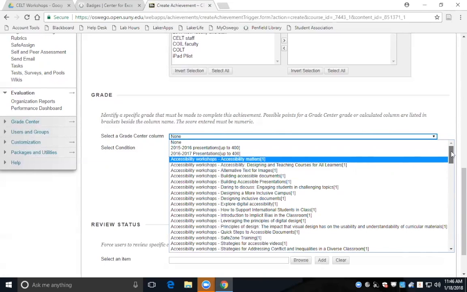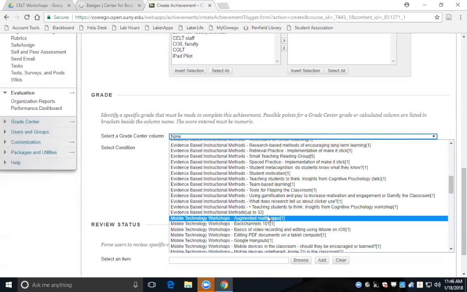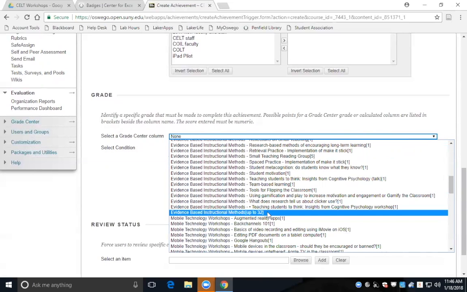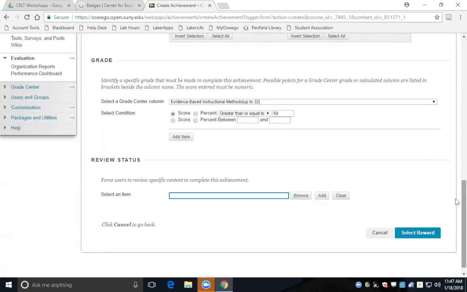Oh, they're in alphabetical order here, so you would create a column which is the sum. Here, let's say we want to do a new one based on evidence-based instructional methods. And then since we're doing a total there, we'd choose a column. Let's make this greater than or equal to 50. That would mean if everything's worth 1 point, they have to do 50 of them. So that way it's not going to be triggered for anybody, I don't think, because we don't have 50